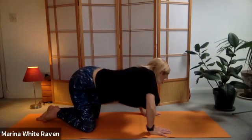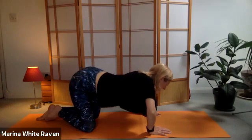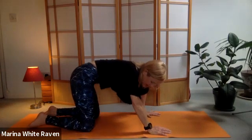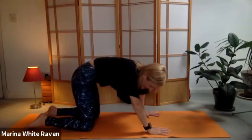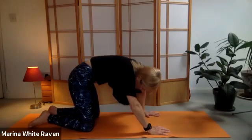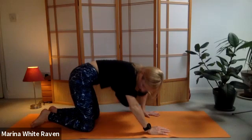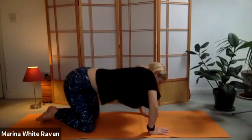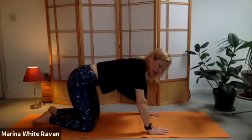Close your eyes. If you don't want to close your eyes, you can always try it and see how it feels, or soften your gaze so you're really feeling into the body, feeling the ground beneath your hands and your knees, feet flat behind, and just enjoying your breath in your chest and in your belly. Where does the breath go into your shoulders, into the hips? Enjoy. And come to a stillness. Maybe you might notice that slight